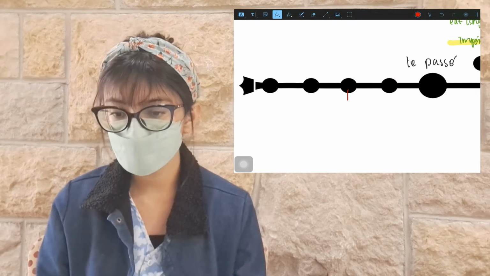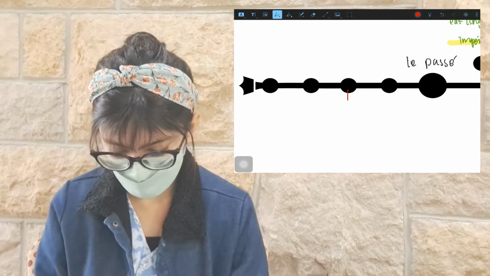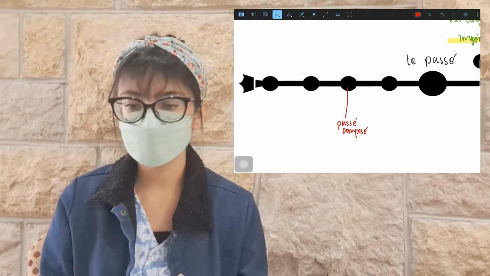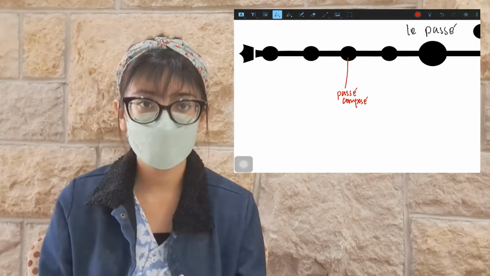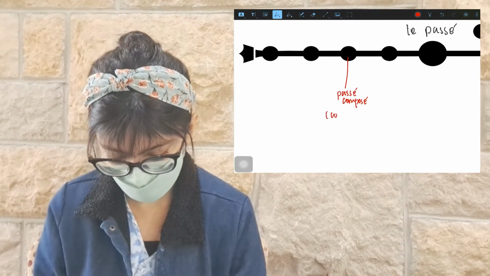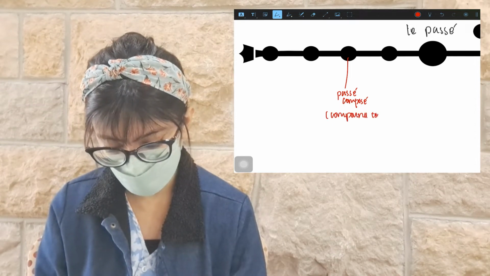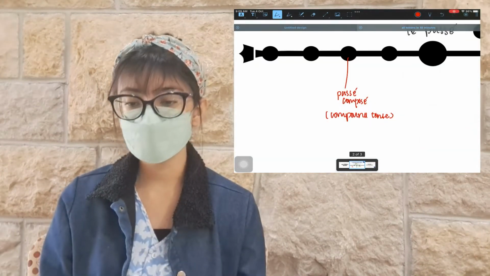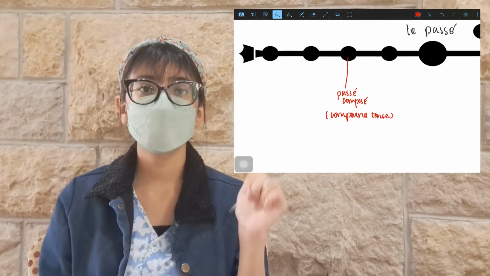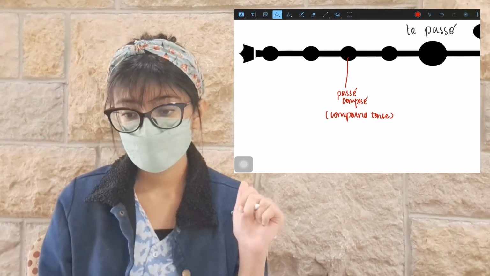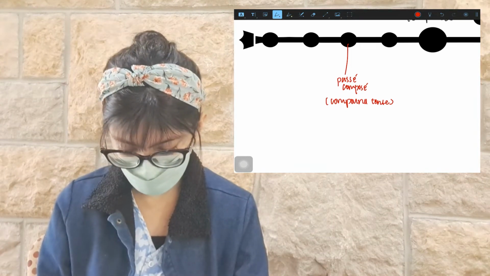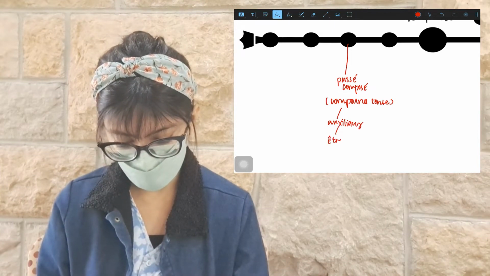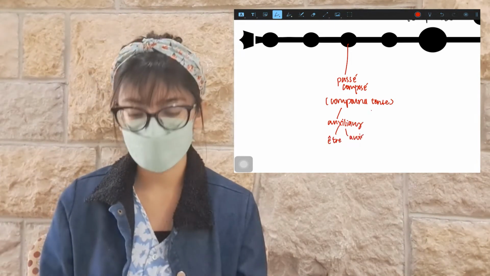So, of course, first of all, I want to talk about passé composé. So here we have passé composé. Qu'est-ce que c'est, passé composé? Passé composé is a compound tense, and generally it is made up of 2 things: the past participle and the auxiliary verb. When you're talking about the auxiliary verb, often we have 2 options. We would either use être or avoir, and then we have to use le past participe.